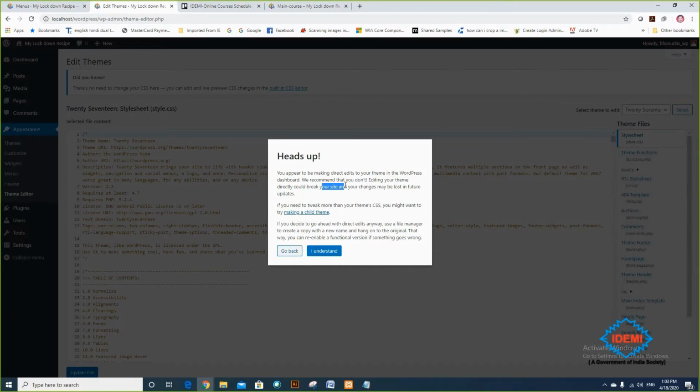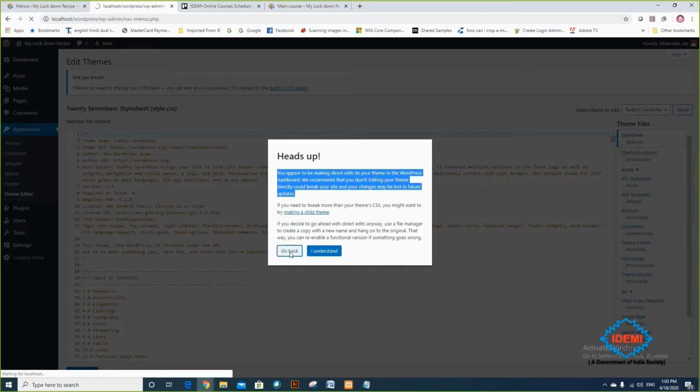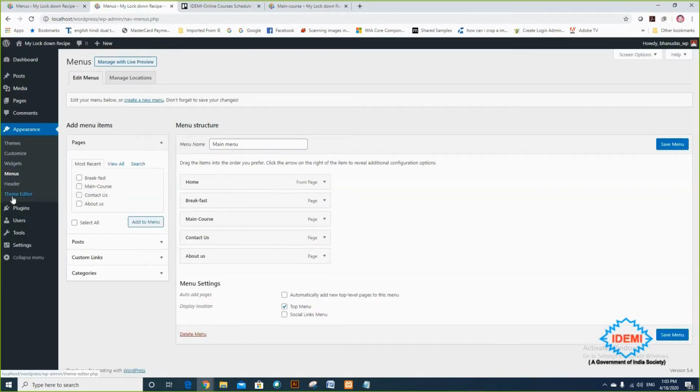It could break your site and your changes may be lost in future updates. तो ये सब चीज अगर आप अच्छे प्रोग्रामर हो, PHP जानते हो, then only you handle these. Otherwise, it is recommended that you are not supposed to use the theme editor here.